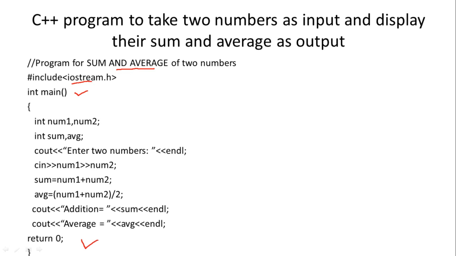So here the aim is we want to read two numbers, and the output is also two numbers, sum and average. So we will declare a total of four variables. Two variables will indicate the input variables, in which we will read the two numbers from the user, and two variables will indicate the output variables. So we will indicate the two numbers as input variables with the names num1 and num2.